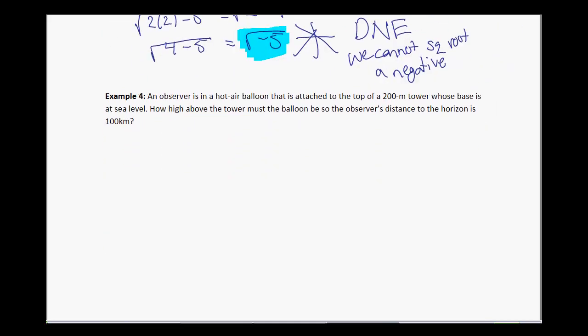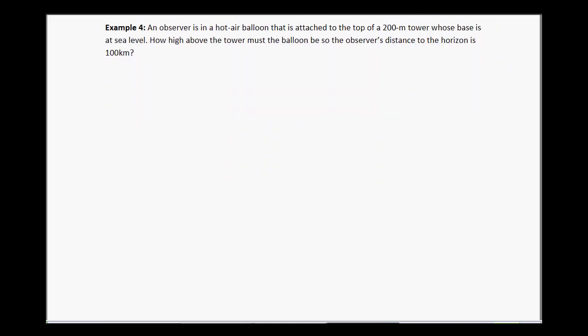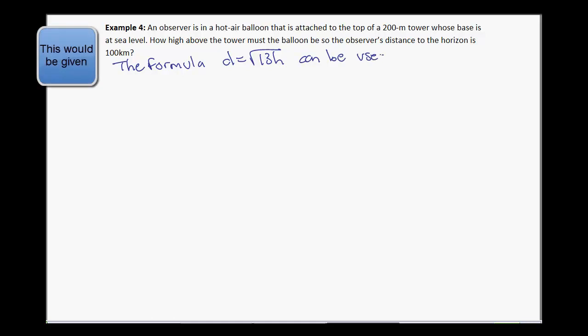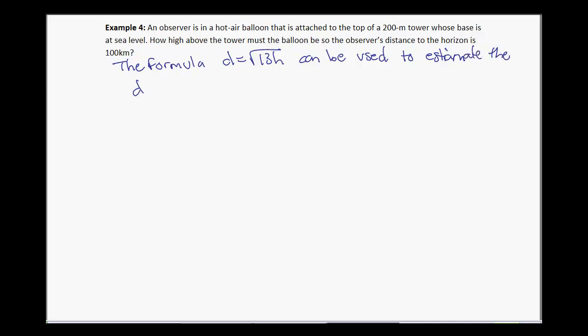Do another example. We have a word problem here. An observer in a hot air balloon is attached to the top of a 200-meter tower whose base is at sea level. How high above the tower must the balloon be so the observer's distance to the horizon is 100 kilometers? The formula d = √(13h) can be used to estimate the distance of the horizon